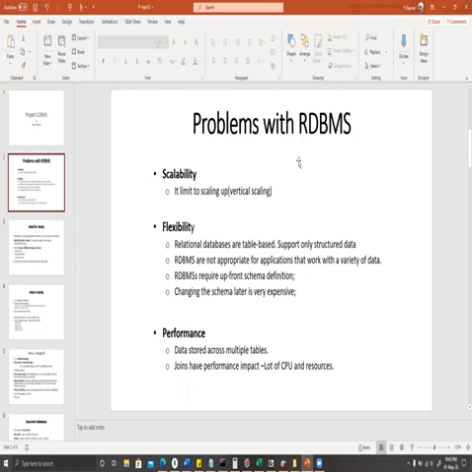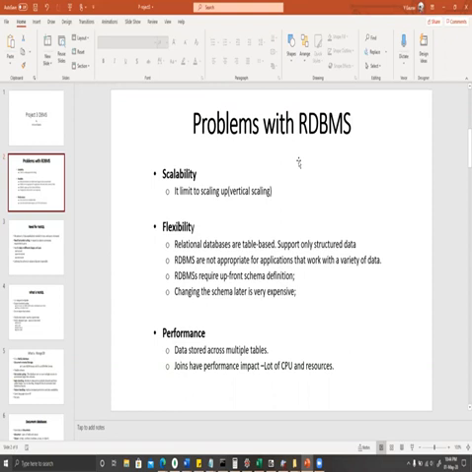And relational databases are not flexible. They are table based. They support only structured data. They won't support the varieties of data.